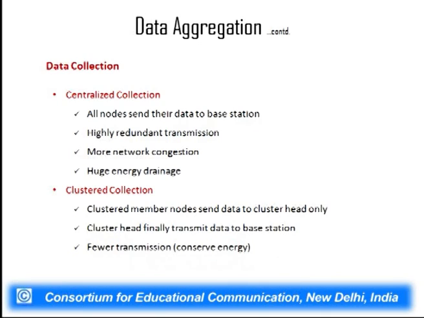Now before doing aggregation, we need to collect the data. What are the different ways that data collection can be done? It can be done in a centralized manner or in a clustered way. In centralized collection, all the nodes are supposed to send their data to the base station, and since all the data are being sent, it calls for redundant transmission, leading to network congestion, which is very likely to happen,